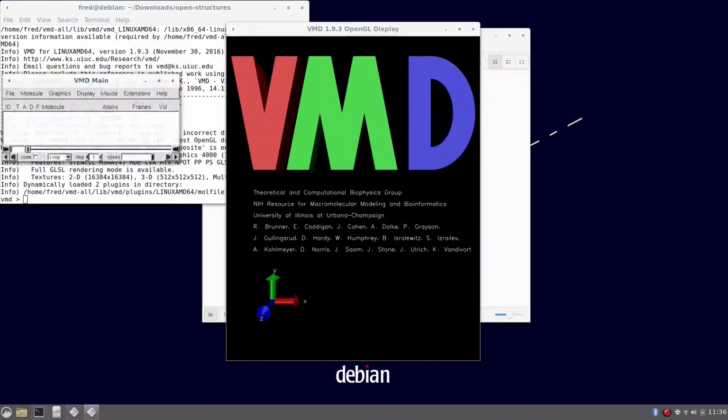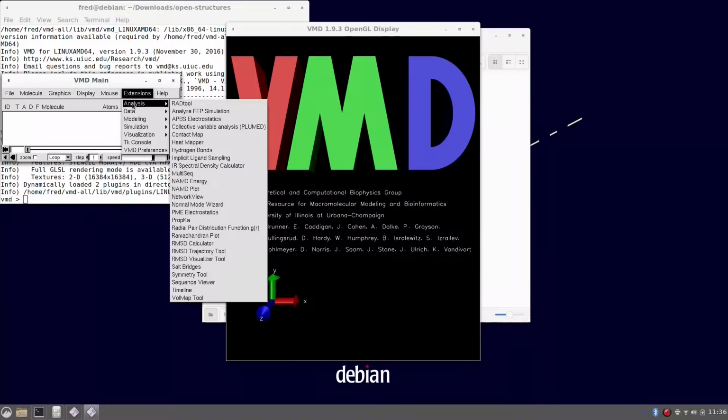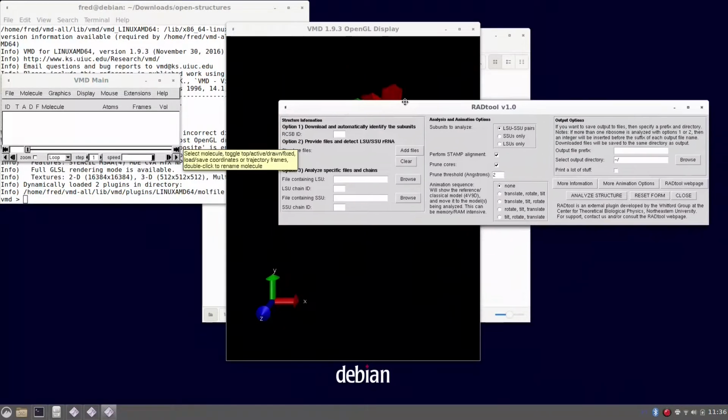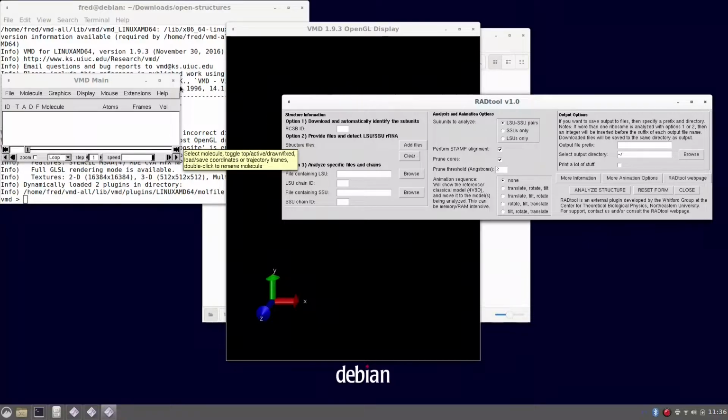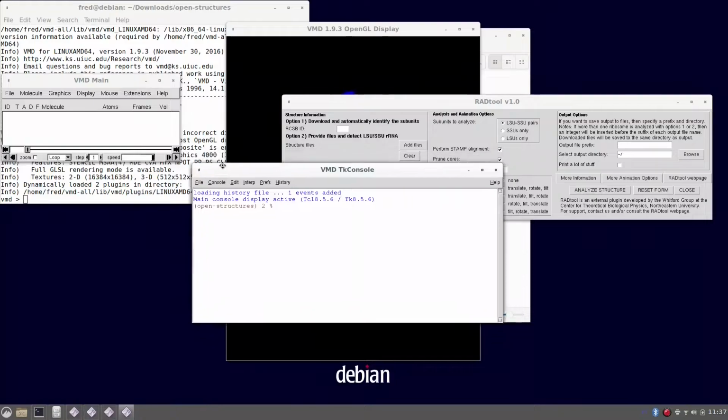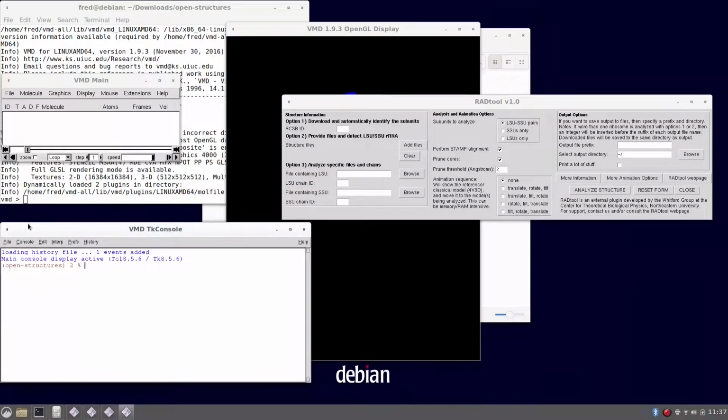So starting VMD at this folder, and just checking that RADtool is already installed under the extensions and analysis menu. Let's open the RADtool. I also like to open the Tk console just to follow what's happening. And as you may see, RADtool has a lot of features, but specifically we are going to focus on the